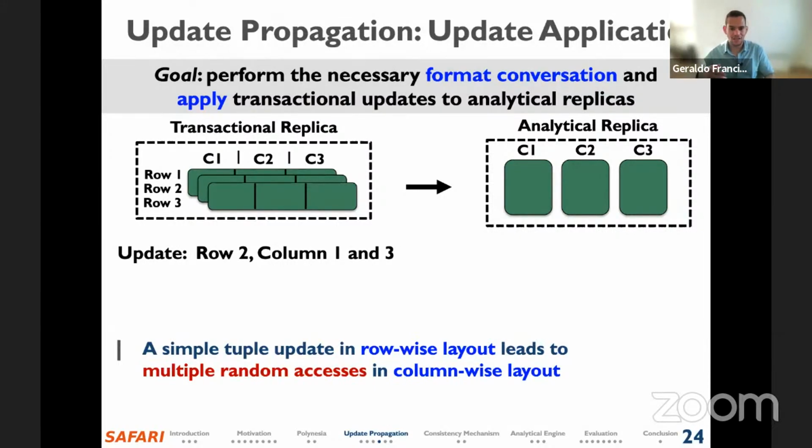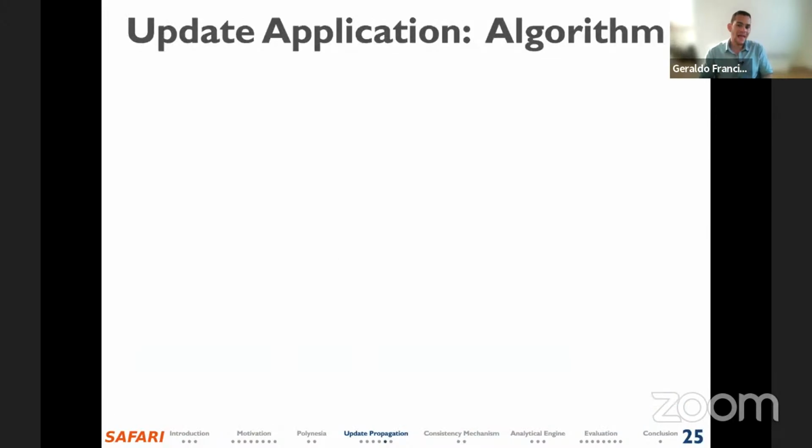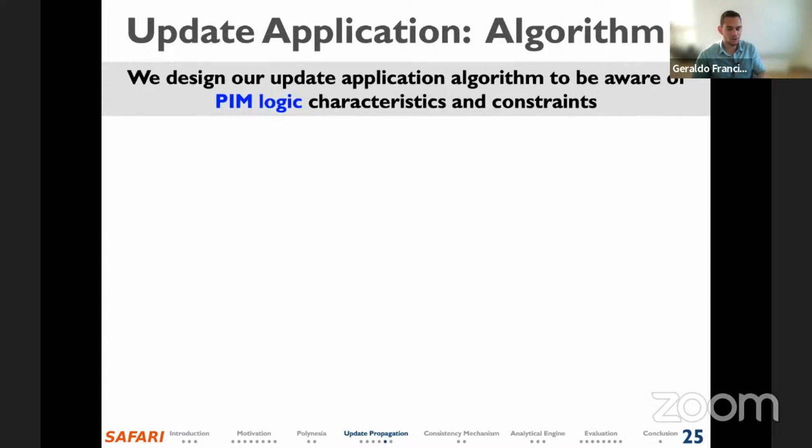In order to apply the transaction updates to the analytical replica, the system needs to first convert the data from the row-wise format to the column-wise format, and also reconstruct and recompress the column dictionary used for the compression of the analytical replica. Next, we describe our update application algorithm, which is designed taking into account the processing memory characteristics